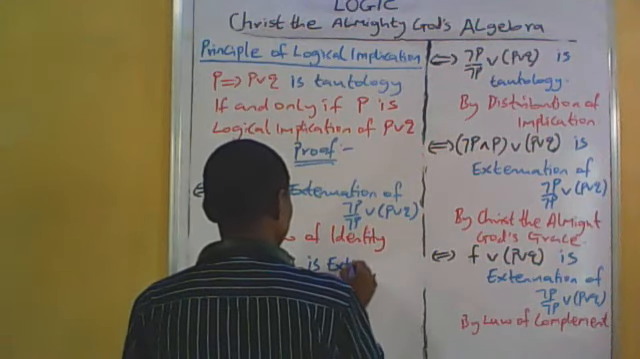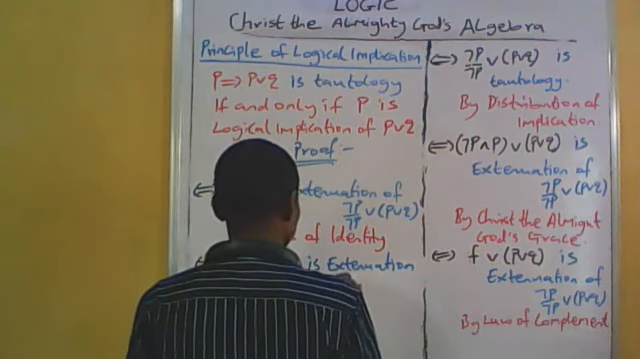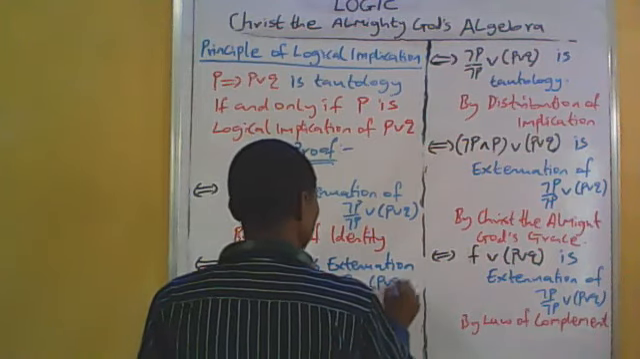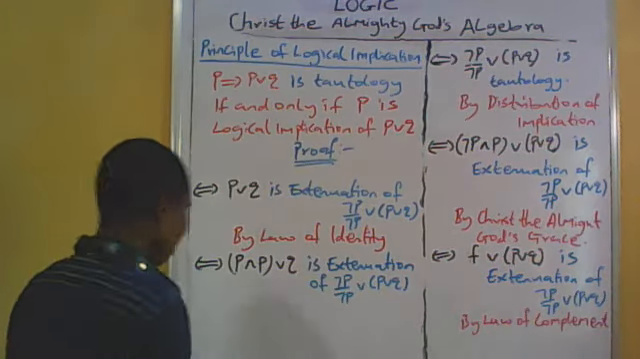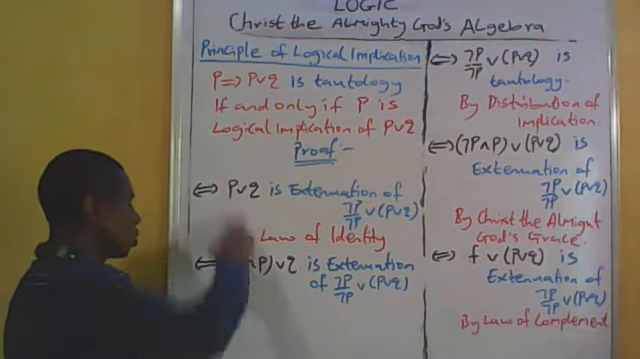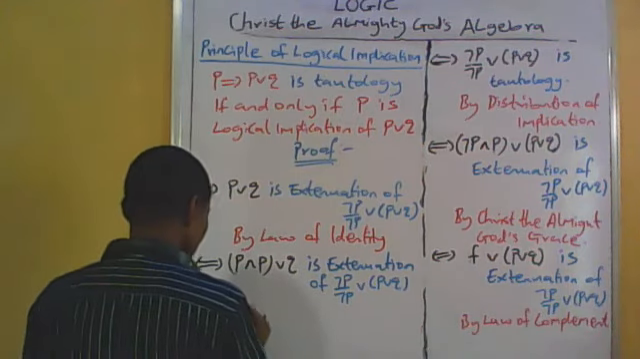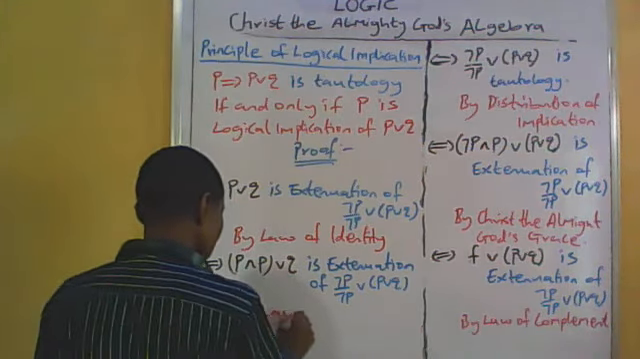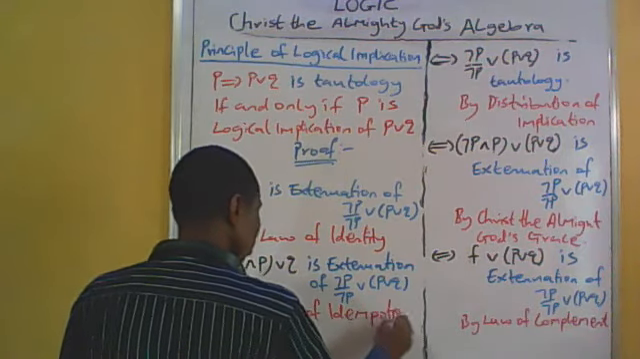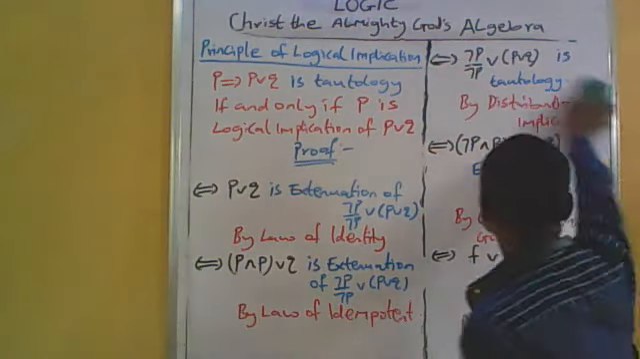Is acceleration of not P upon not P or bracket P or Q being justified by law of idempotent. It is through law of idempotent that we substitute this P with P and the P. Being justified by law of idempotent. Because of this side,